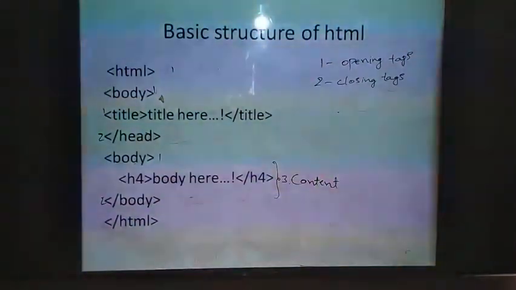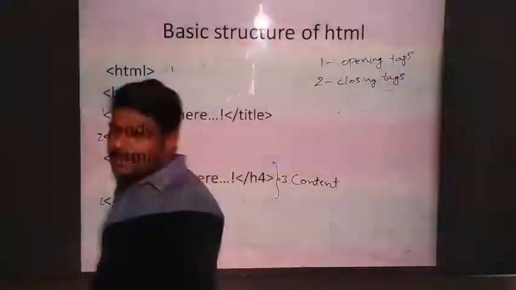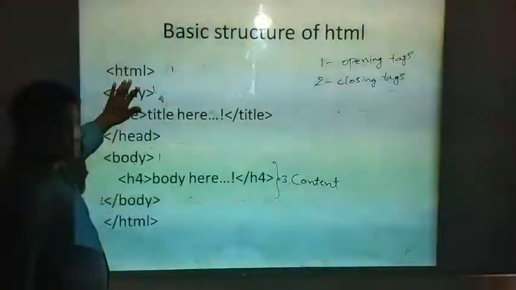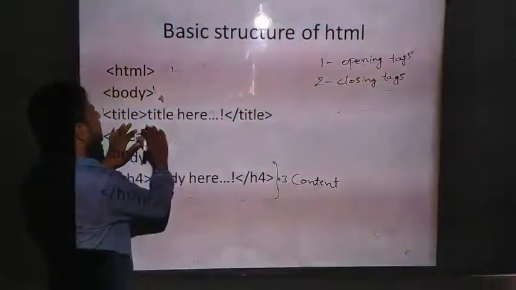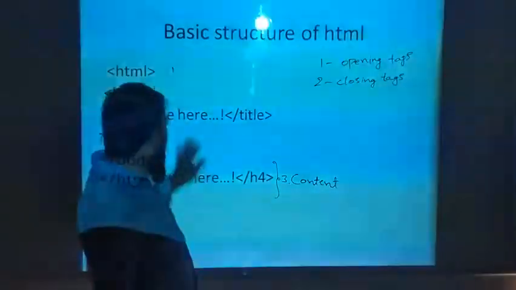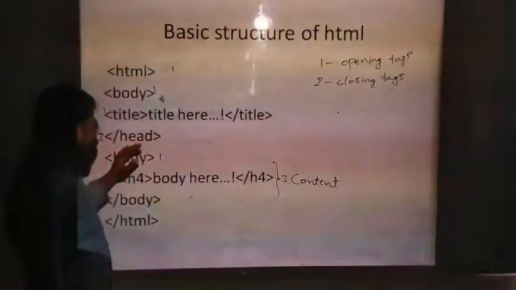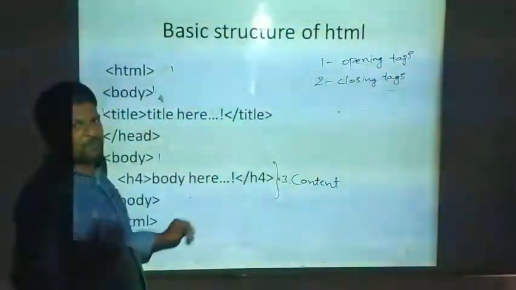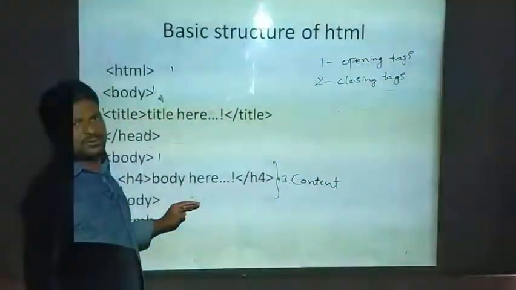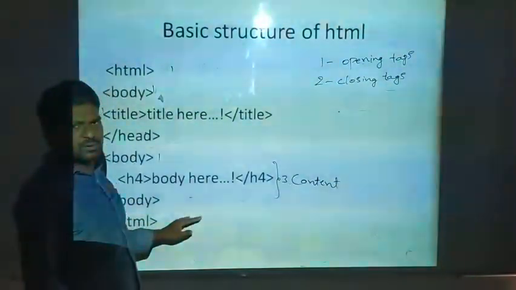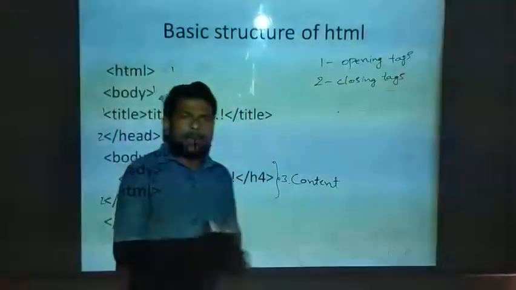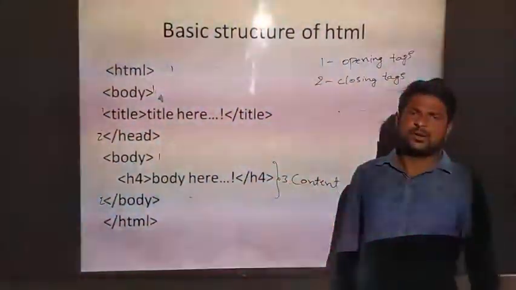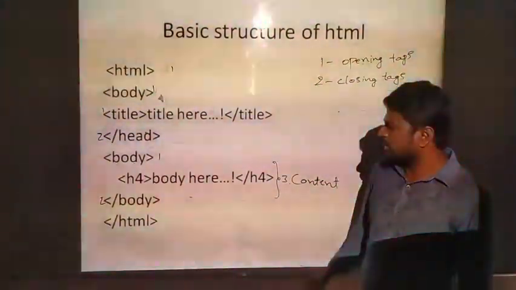This is a basic structure. We must follow 4 tags: HTML tag, body tag, title tag. Title means we will give the title for our web page, and in body we will give the page content, meaning how the web page should appear when we browse it using a browser. Now let us see practically by writing one small HTML document and executing it in a browser. Let us see now.